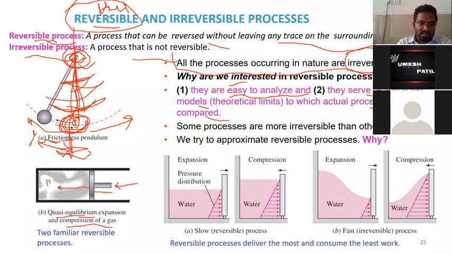Increasing means if the piston moves till this position, it will have a certain pressure value. When it moves till this position, it will have some different pressure value. For this position, it will have a certain value. And if you move this piston from this position to this position, it will retain the pressure value it was having earlier. If you shift it to this position, again that pressure will be the same as when it was there initially, and when it returns back to its original position, the pressure will have the same value.